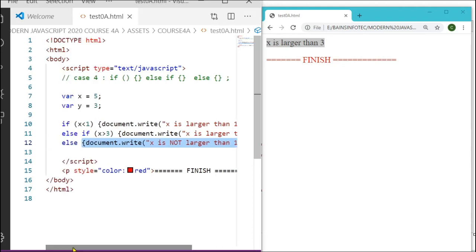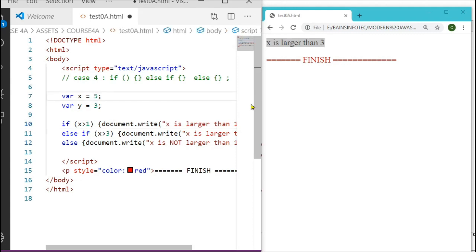Okay, so what we do is change the value of this condition back to larger than, and we change the value of X to 0. So save that, Control S. What's going to happen in this case is X is not larger than 1 and it's not larger than 3. And so this section will be ignored, this section will be ignored, and the last section will be run